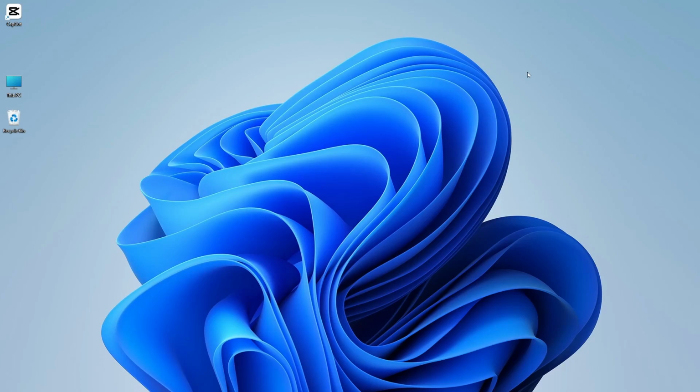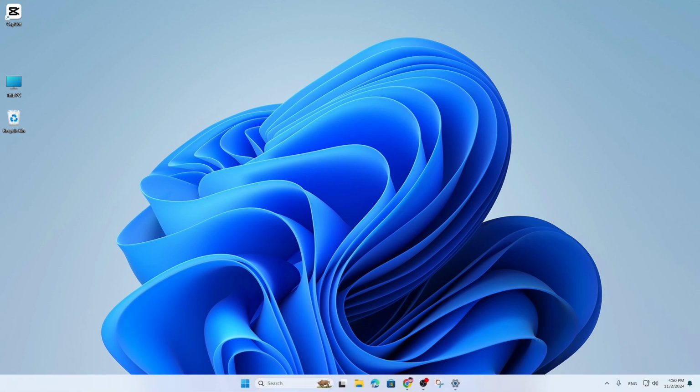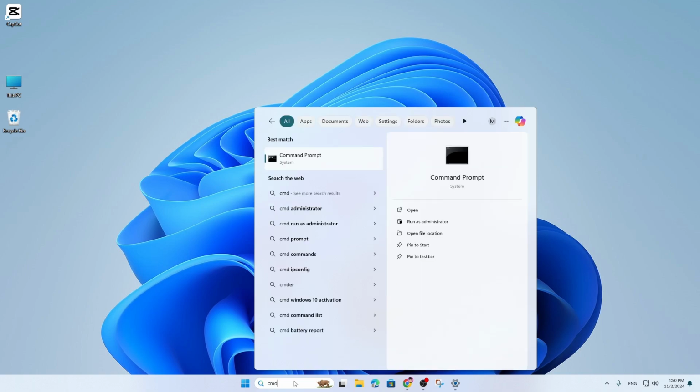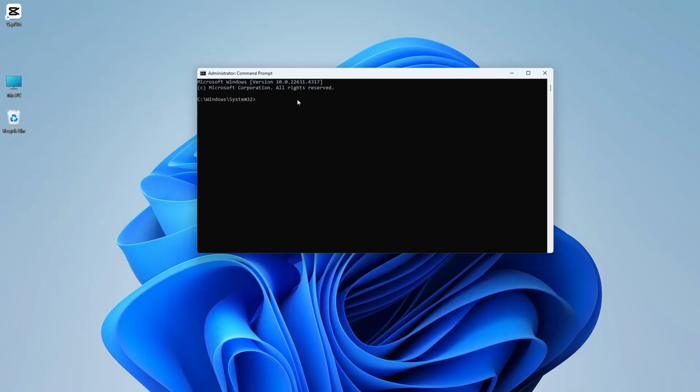Today I'm going to show you how to find the router IP address in Windows in a very simple way. You just simply come over to your search option, and from here you just need to search for CMD, and then here you'll get an option called run as administrator. So if you click on that, then click yes for the permission, and then here you just need to type